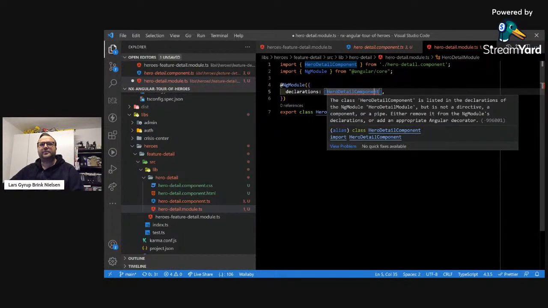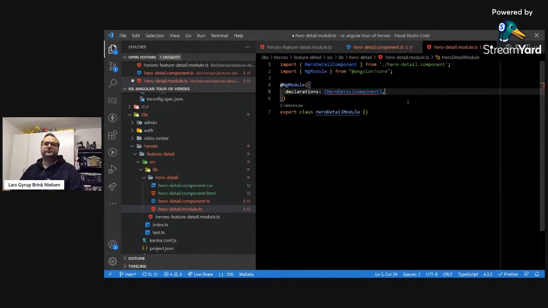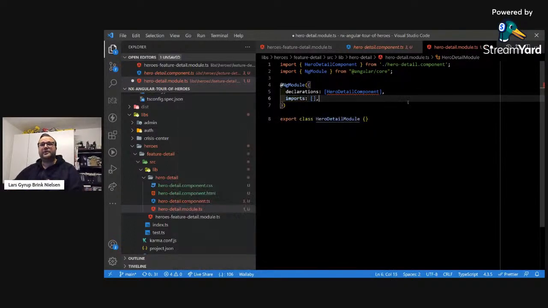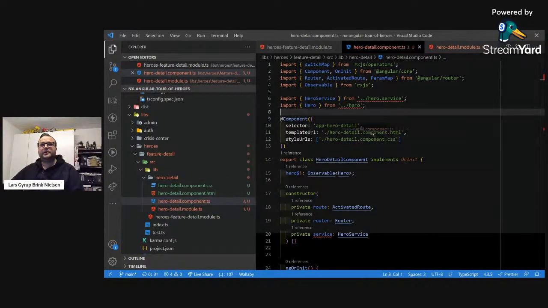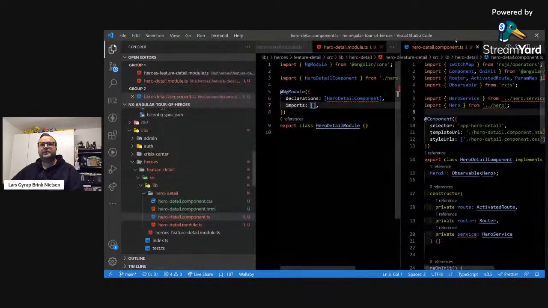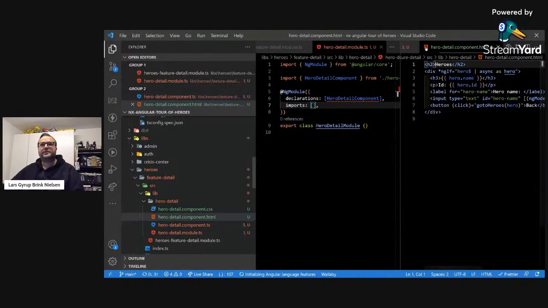Oh yeah, it's complaining because of the broken imports. All right, so this is going to be a routed feature as well, so I'm not going to export it, but I need to import the modules for it, the declarables using the declarable dependencies. So if I take the template actually,